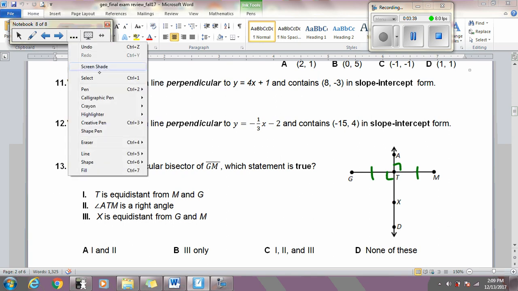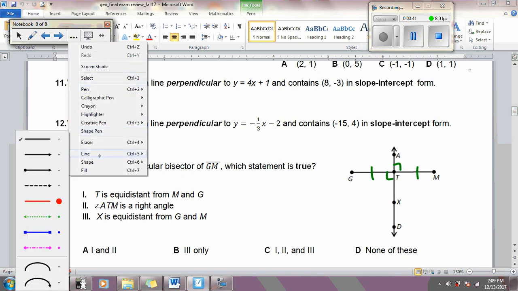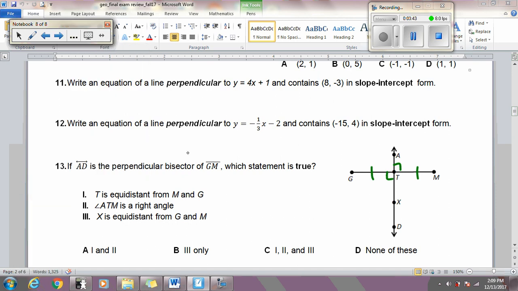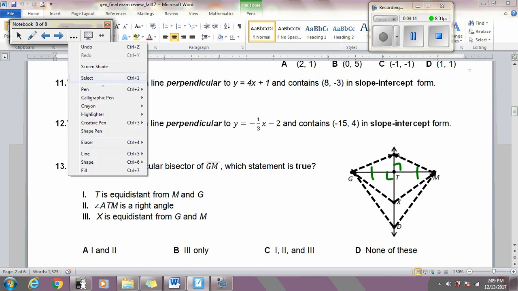Based on the perpendicular bisector theorem, any point on the bisector is equidistant to the endpoints. So that means GA has the same distance as MA. XG has the same as XM. And DG has the same as DM. Because all three of those points, A, X, and D, are on the bisector. So they're all going to